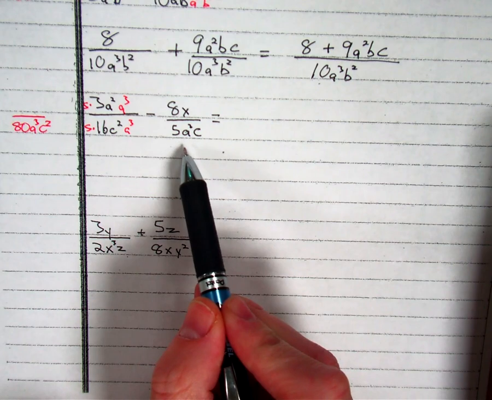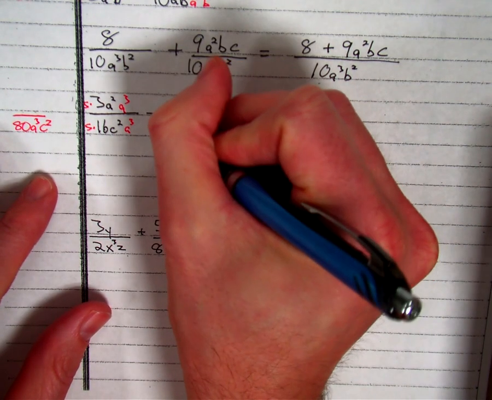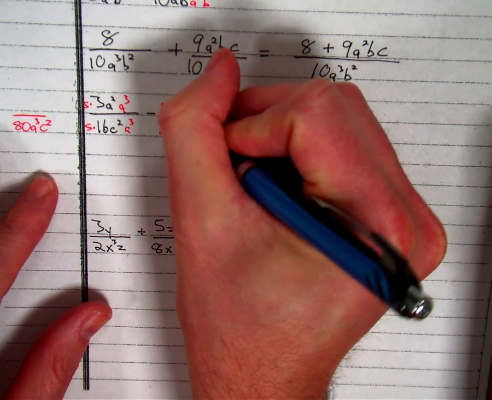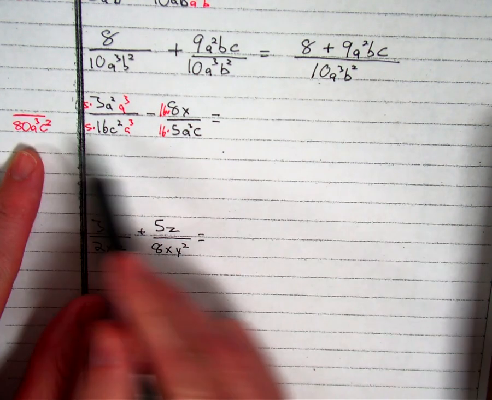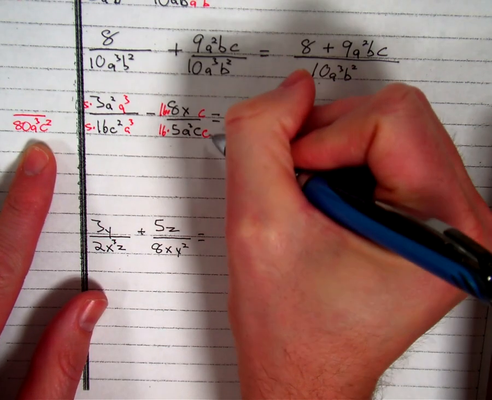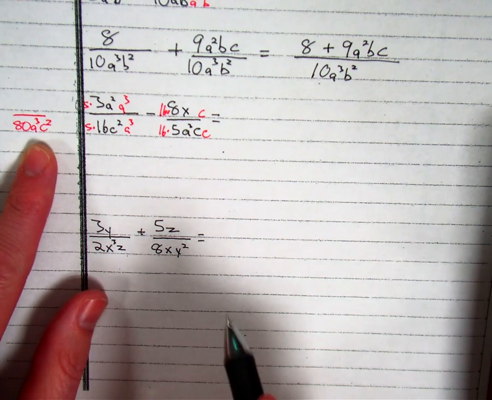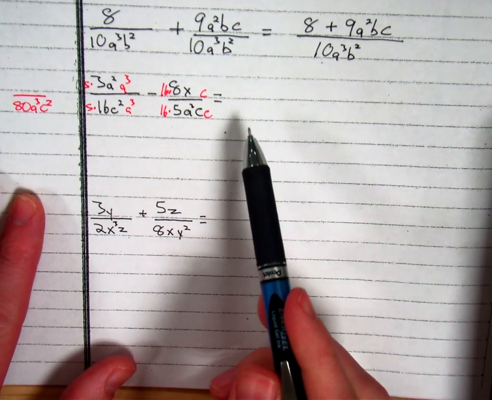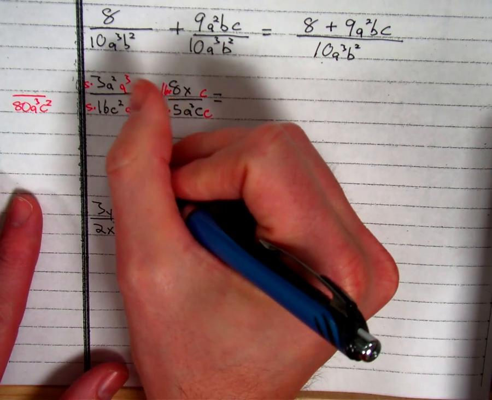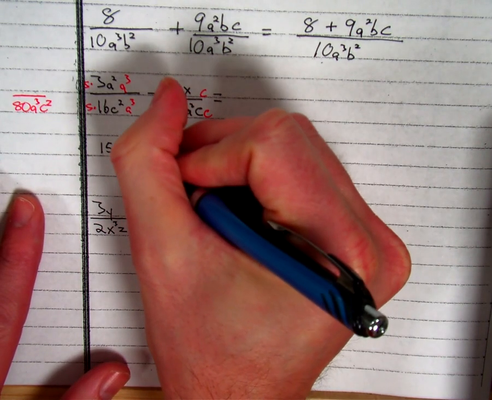On this one, we're trying to get that to be 80. We're going to need 16 times. And it has a to the third. We need c squared, so we need another c. Okay, just showing work to clean these up. We should have 15 a to the fifth